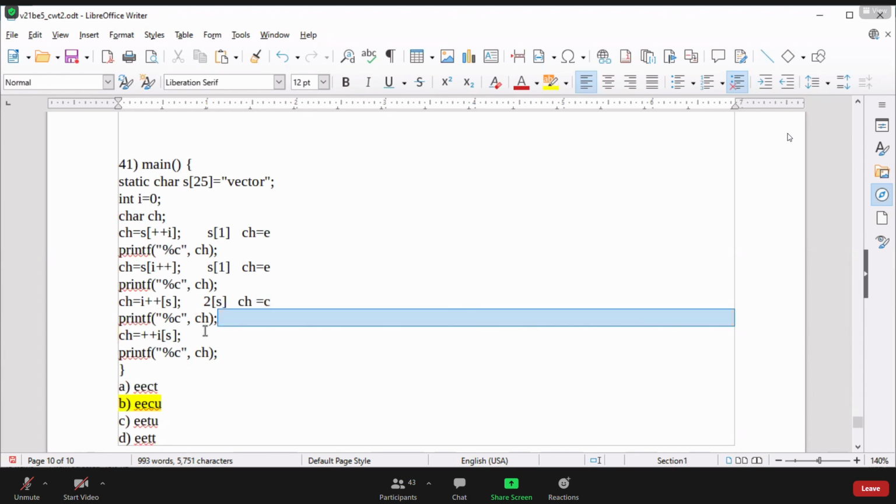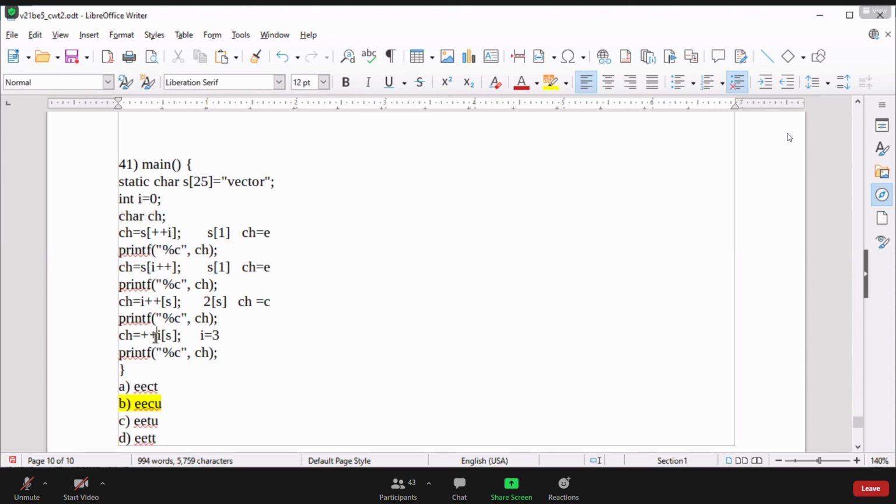Now next, try to understand. It will print C. Now due to that previous post-increment, that value becomes incremented, and now we can say it is pointing at this character T, meaning the S of previous. When you take the I variable, just let me write here. I variable value is 3. I variable value is 3.